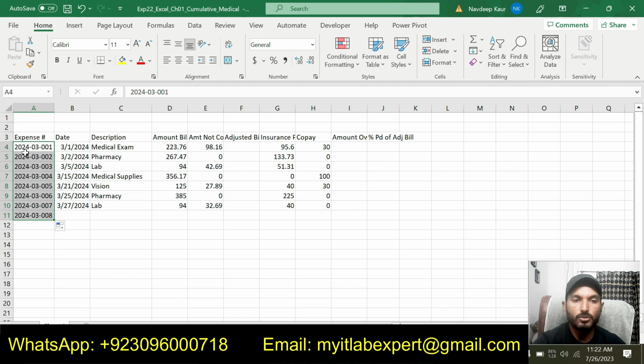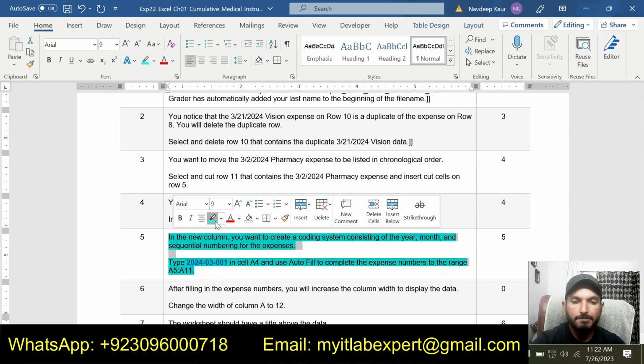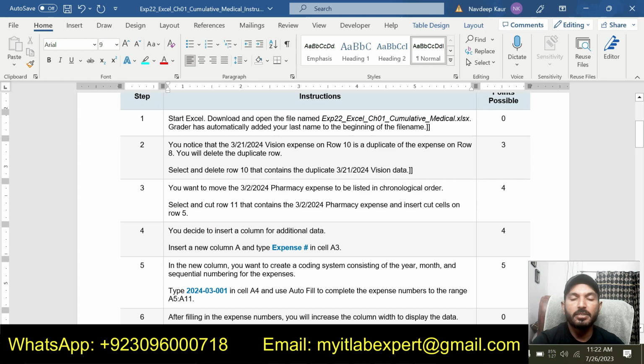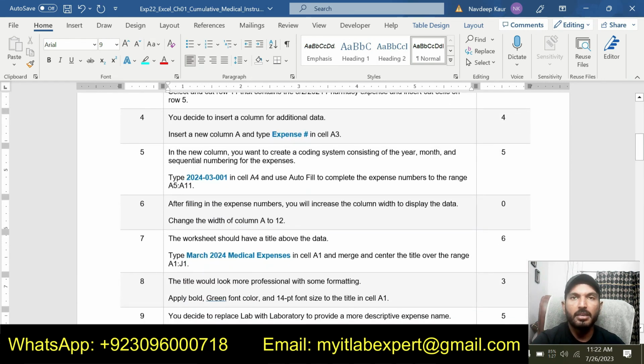So you can see that 2024 01, 02, 03, 04 up to 08. So we have completed the series in column A as required in step number 5. So we have completed 5 steps so far, and now I will move to next step, that is step number 6.